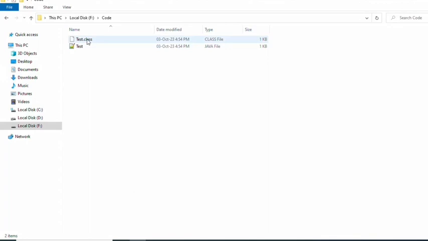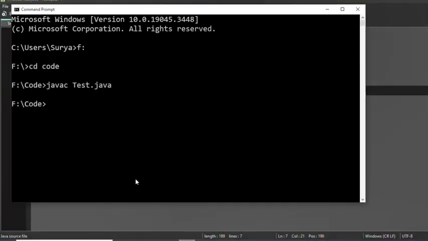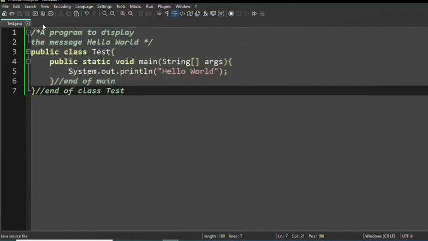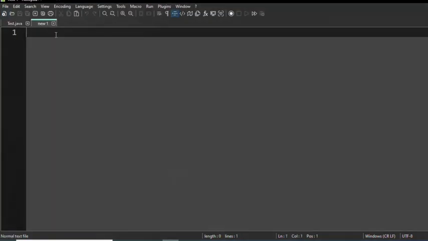It is going to generate the test.class file, that is the bytecode. Now run the bytecode using the command java test. It is going to show the output hello world. Now write another program that we have discussed.